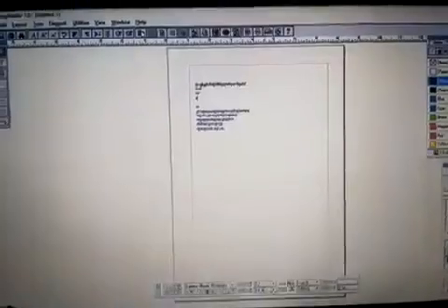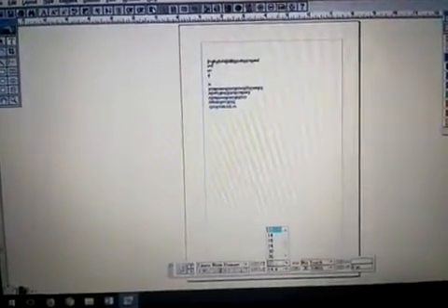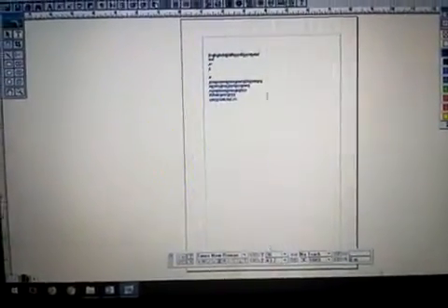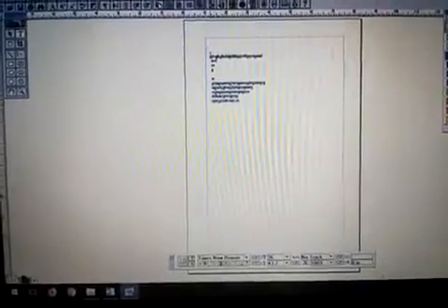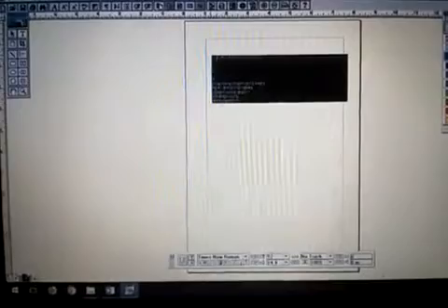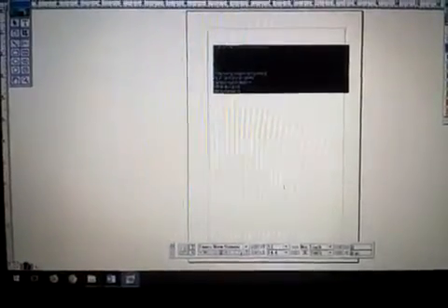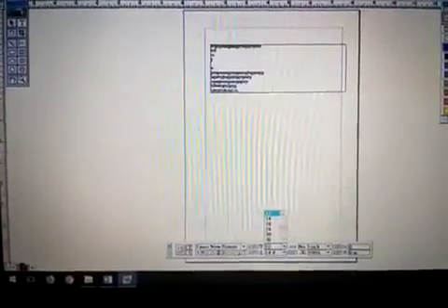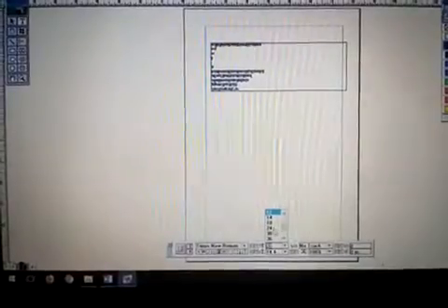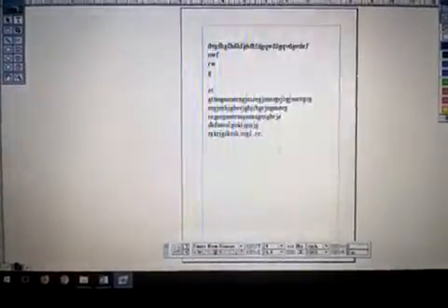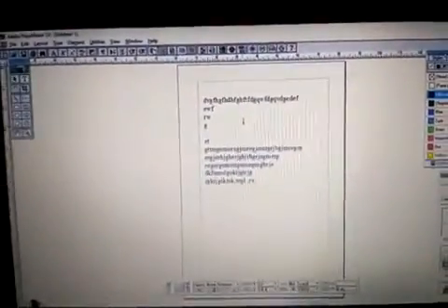Now we have to select with the help of shift and arrow keys. We are using it to select the entire text. Here I am going to change the font size, so we can easily change the font size. Now what we are going to do is select a particular text.